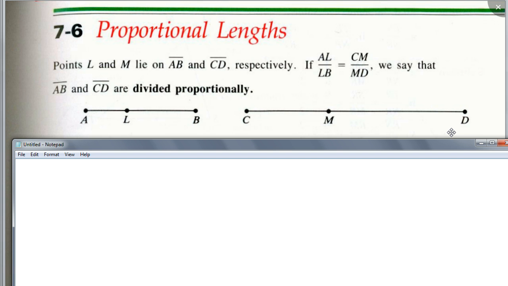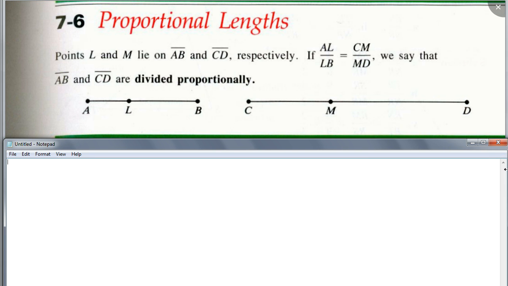You have to write that. Go ahead, I'll wait. So write this down. Write down what it means when the segments are divided proportionally. Basically, if the ratio of these two segments is equal to the ratio of the other two segments, you have this proportion. Then that's what we mean. And we're going to need this for our next theorem, okay? So knowing this definition,